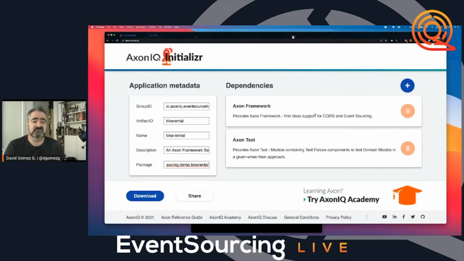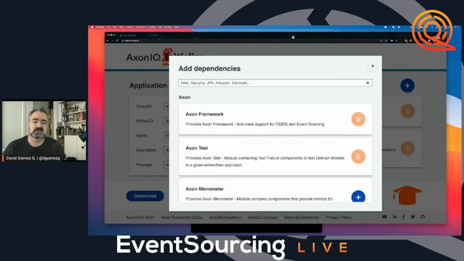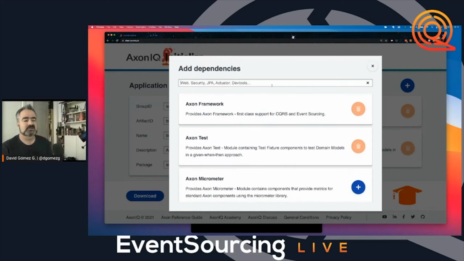By default, given the fact that I'm using the AxonIQ Initializr, it's supposed that I'm going to do the things using Axon Framework, so that later on it's easy to split the application into different modules. So I have already defined this Axon Framework dependency and the Axon test, because of course we all use testing for our applications. But at some point I could add any other connector or any other dependency that I would love to do. For example, let's say that I already know that we are going to create some subscription queries, and I need some kind of reactor